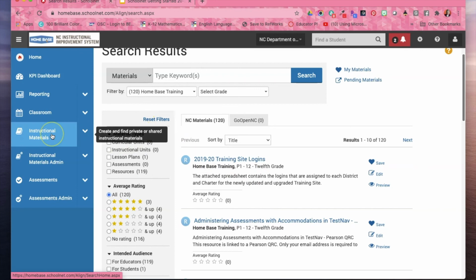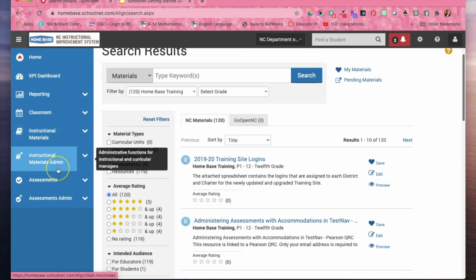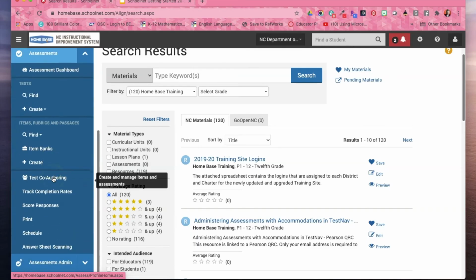So we're going to talk about instructional materials. Instructional materials admin is a module that you probably won't see. That's only for people that have certain rights in Schoolnet to improve instructional materials. So if you are maybe a district level instructional coach and you're working on putting some lesson plans and materials in Schoolnet, then you would have this module. The next thing we're going to talk about is the assessments, and I think that's where everyone tends to go